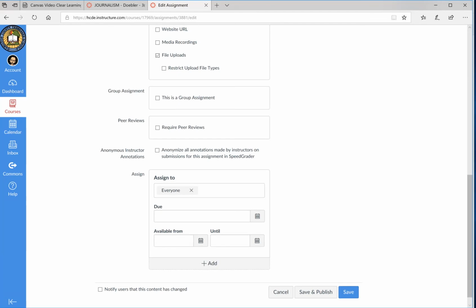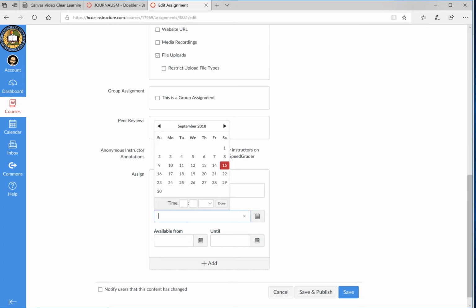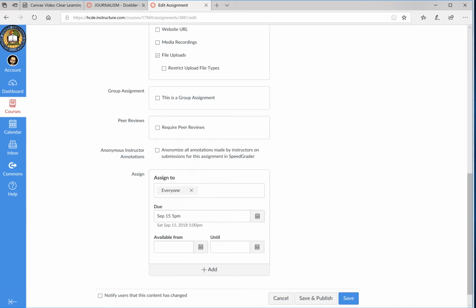All right, normally you're going to give the assignment to everyone, and you can obviously select a due date. Remember, when you're picking times, you've got to put in the time that you want them to submit it by, and then to save that time, you have to hit done. And then you can actually even control when the assignment is available from and until. So if you don't want them accessing the assignment past a certain date or before a certain date, you can